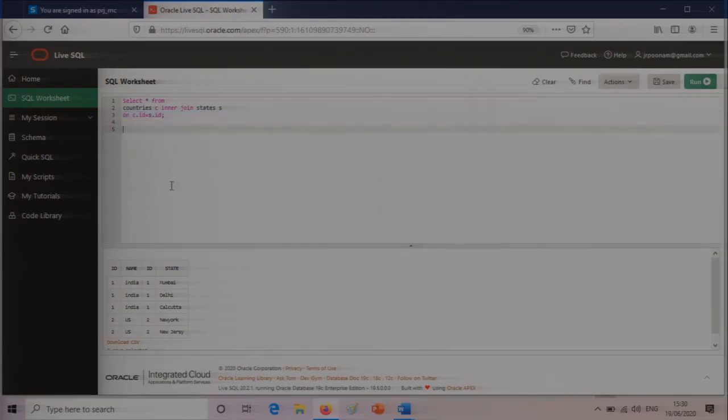And another difference is, you saw the ID column was not repeated. So here the ID column has come twice. So you can see inner join talks about ID and name being common ones, across the ID, because you have specified on which particular column. So on which particular column? C.id is equal to S.id. So the country's ID is equal to state's ID. So which are the common IDs there? 1 and 2 only.